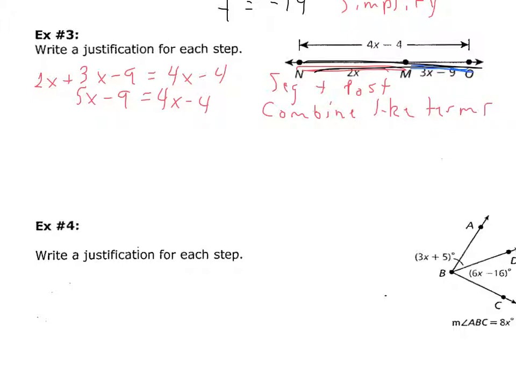Okay, now we got variables on both sides equation, and we can go ahead and go through here and solve. So let's subtract our 4x on both sides. Okay, but why can we do that? When we subtract 4x on both sides, you're going to be using the subtraction property of equality. Okay, so when you subtract on both sides, you're doing addition with subtraction using the subtraction property